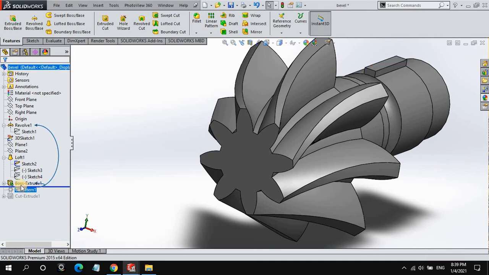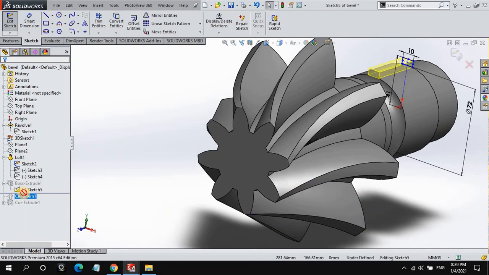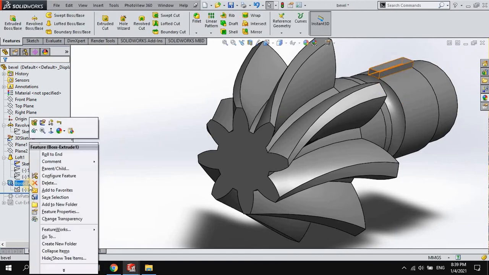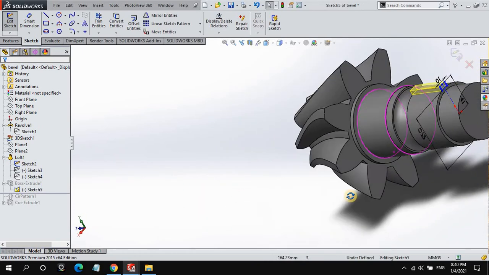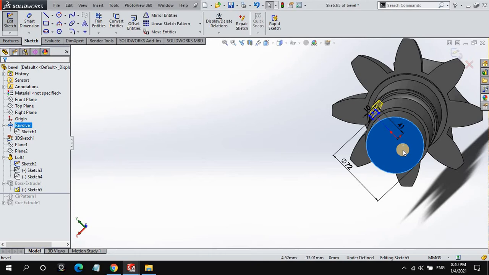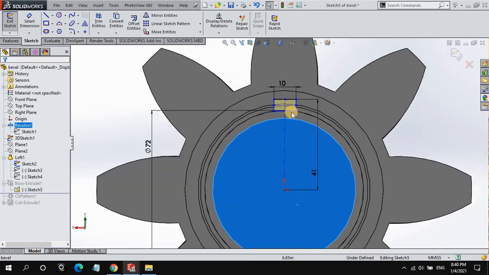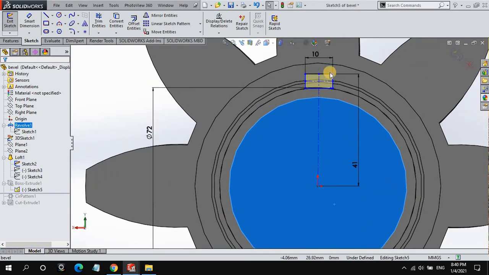This shape is created. After creating this shape, you have to select this face and draw a circle of 72 mm diameter.